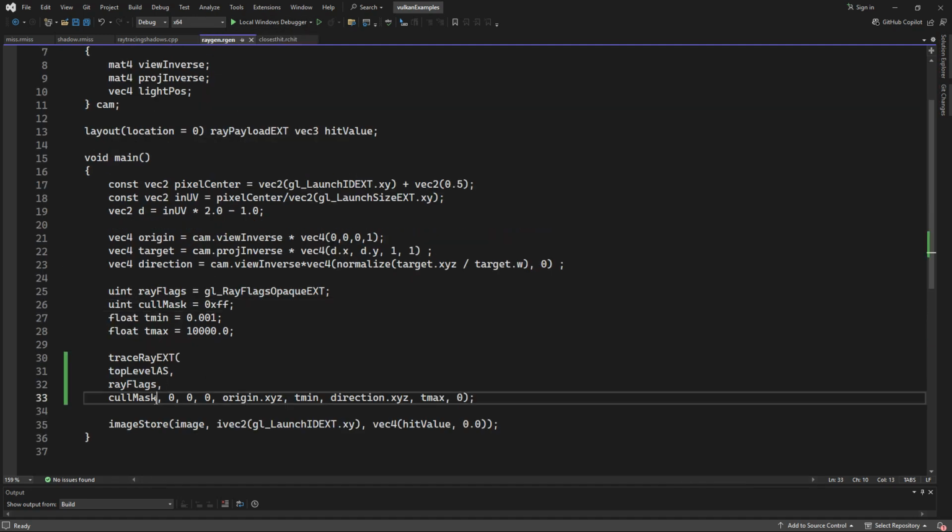Homework number 2 is call mask. Okay, so you guys need to tell me what call mask is and why it is important. I'll give you a little preview. It has something to do with, like what I said with the ray flags, what do you count and what do you not count, right? And you sort of pin stuff. It's your way of helping you figure out